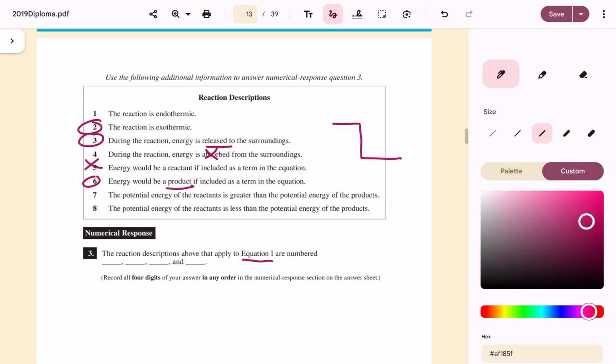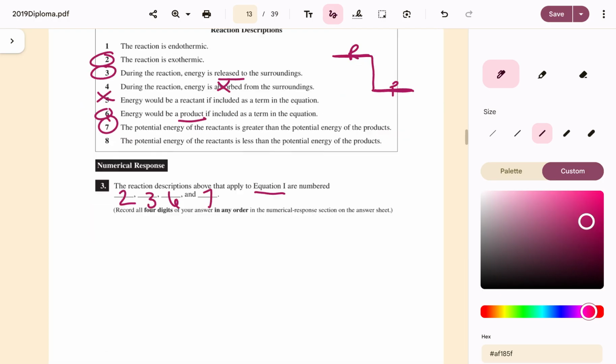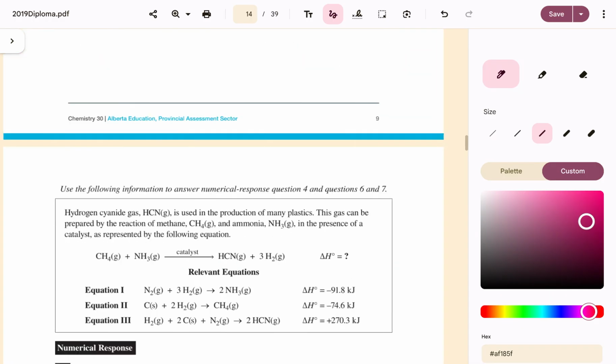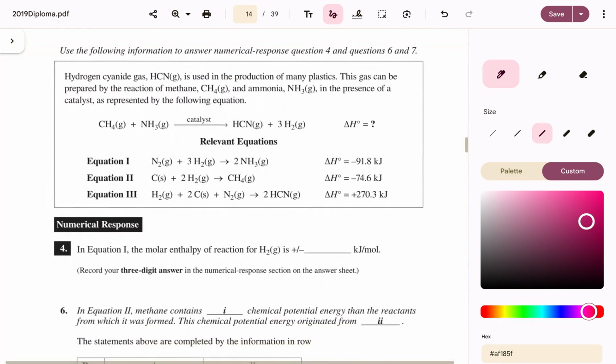And so when it is talking about the potential energy, reactants have more because it's higher up than the products. So that would show with number 7, I believe. Let me just double check. Potential energy of the reactants is, yes, number 7. So this was 2, 3, 6, 7. Okay, and we keep going here. Okay, so now this one,